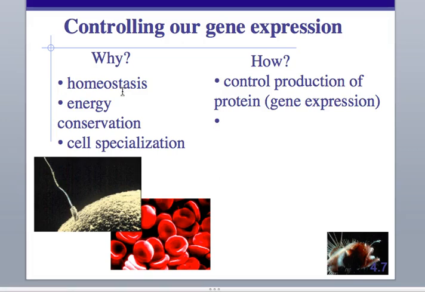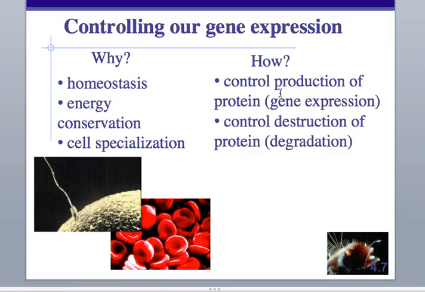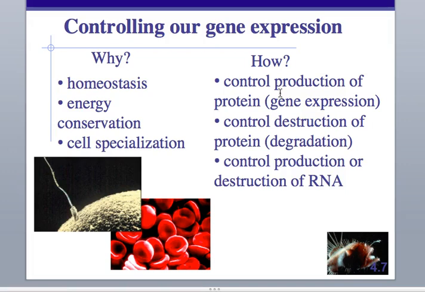So how do these genes get controlled? We can first control genes by controlling the production of the protein itself. So we can say, no, how about we don't read any DNA today? We don't need to make any of whatever that DNA wants us to do. We can control the destruction of a protein. So if we want to prolong a signal for longer, we just don't break down the protein, because the protein is what carries out the signal. So we just let it keep going for as long as possible. We can control the production or destruction of RNA, because remember, it's the RNA that takes the DNA and translates it into a usable protein.